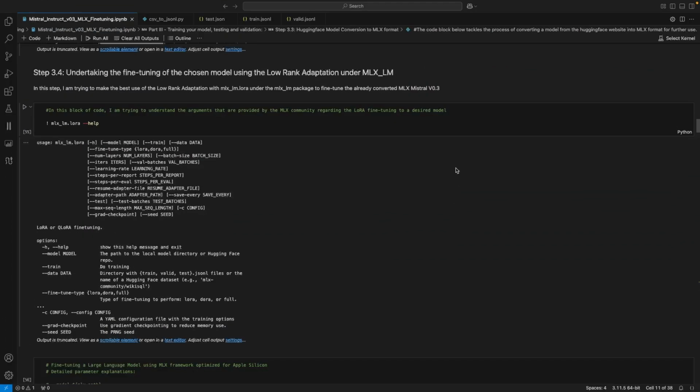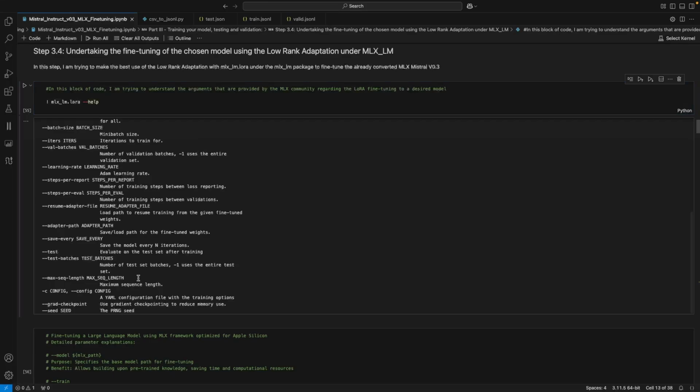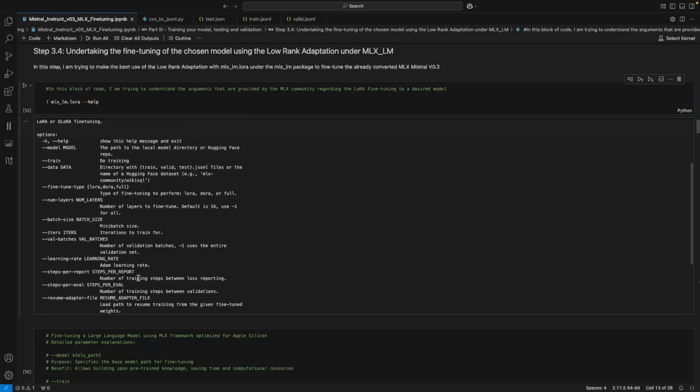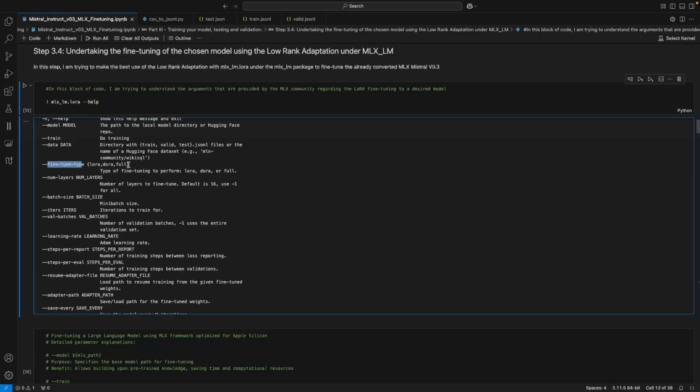Having created the data for the fine-tuning and also having downloaded the desired Hugging Face model and converting it to MLX format, we now need to understand how the low rank adapters work under the MLX framework. So there is a function called MLX_LM.LoRA. I have typed in --help to understand the options that I do possess in this function. There are a fair bit of options, including where the data is sat, if you're going to be training the model itself, what fine-tuning you're going to be undertaking, is it LoRA, DoRA, or full fine-tuning of the whole model,